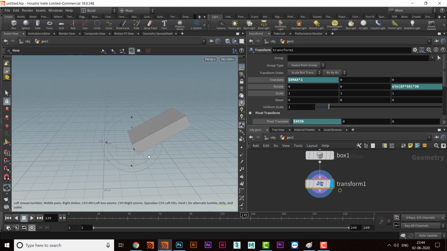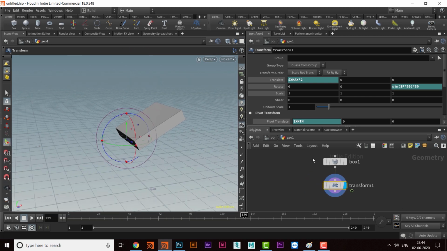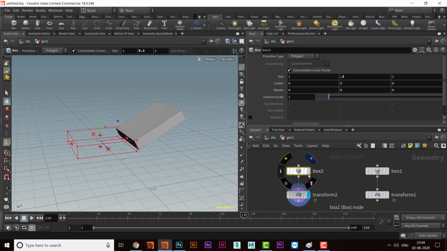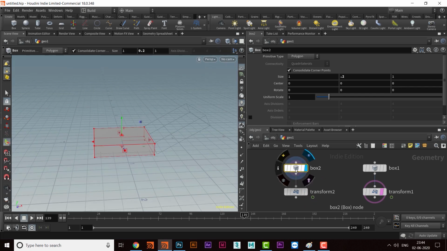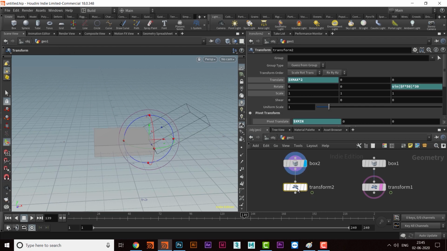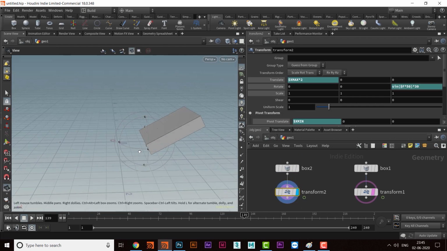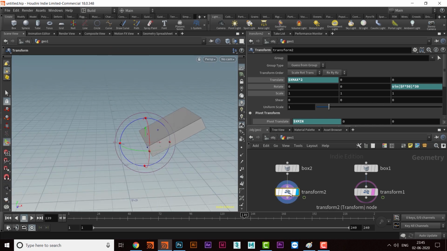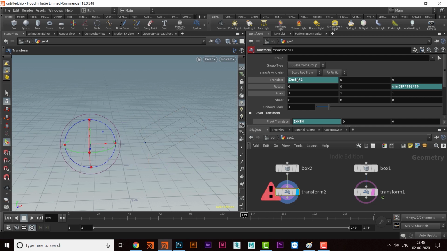Now we'll move to the other part. I will take the whole thing, press Alt and duplicate it. Then I'll template this and go here. The value will be the same, and I'll go to translate and move it towards this side. I will make it not maximum but minimum, capital MIN, like this.